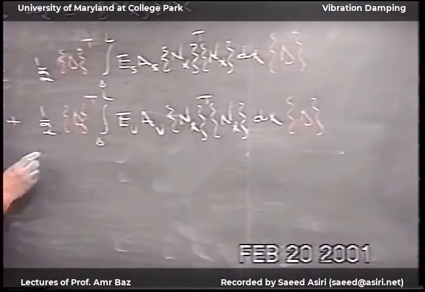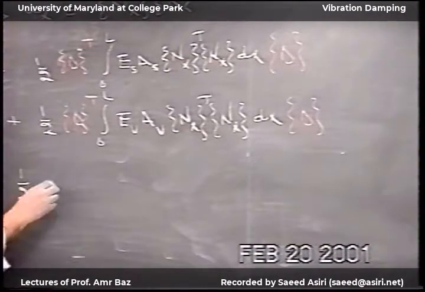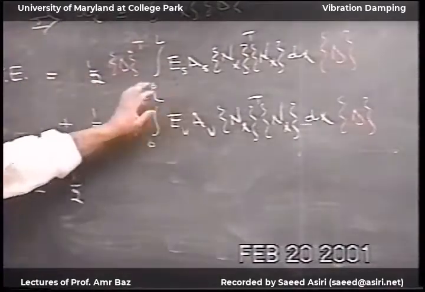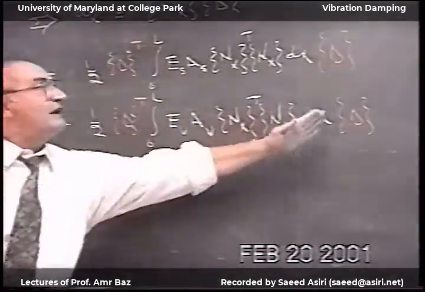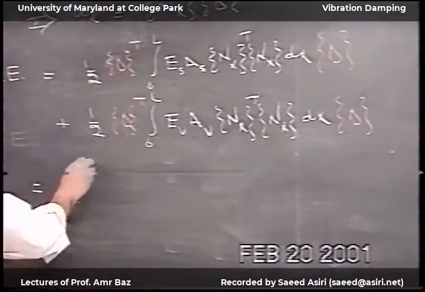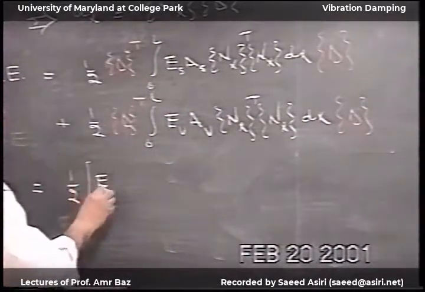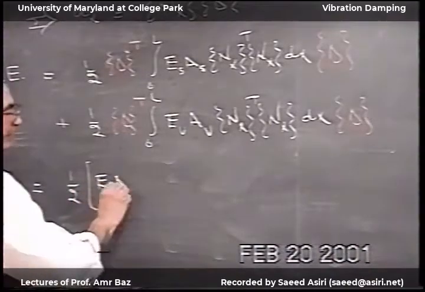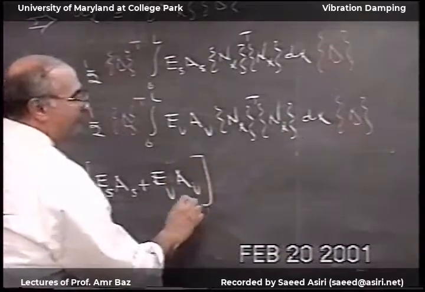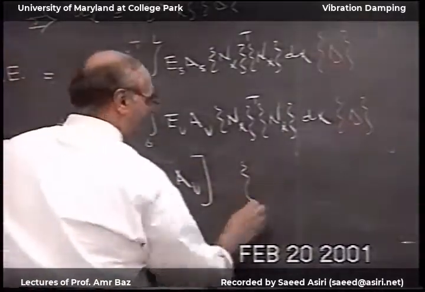So now if I do this, then I have 1/2, and I'll take this outside the integral. And I'll take this outside the integral. All the remaining terms are exactly the same. So I can factor these out, and I'll have E structure, A structure, E visco, A visco, and then